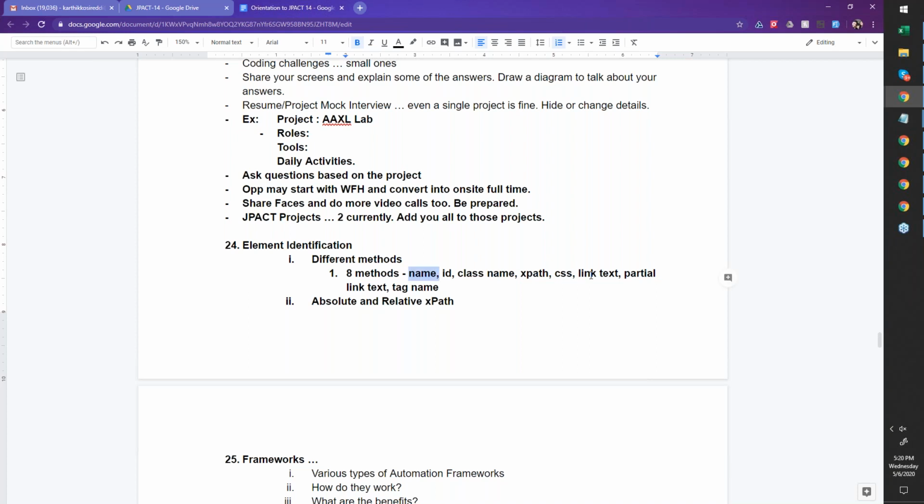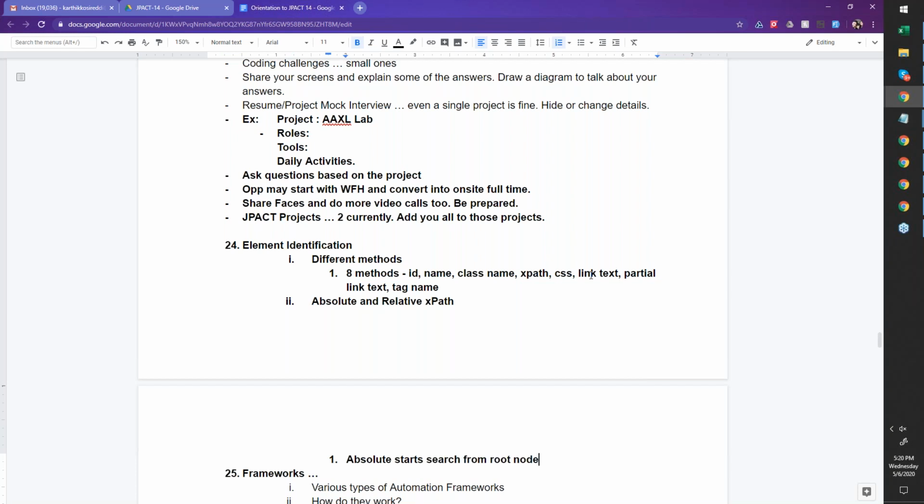In XPath, there are different types: absolute XPath and relative XPath. Absolute XPath is when it starts searching from the root node, and we create the absolute XPath using a single slash.